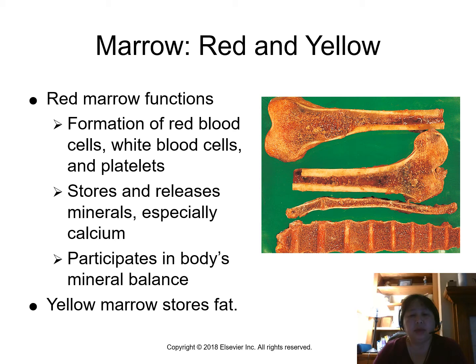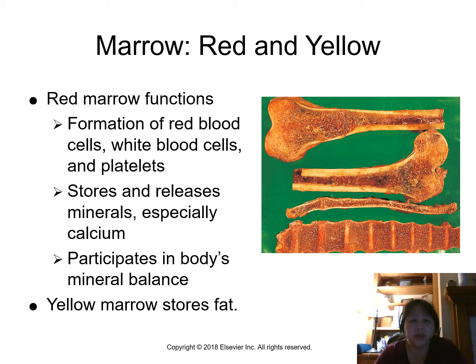And when we look at the bone marrow, if you take a bone and cut it in half, you'll see that we have red and yellow marrow. Marrow means that center section of the bone. And that's where there's the formation of red blood cells, white blood cells, and platelets. Platelets help us coagulate. If we get a cut or something, the platelets help so that we don't bleed or hemorrhage out. So the bone marrow is so important in forming